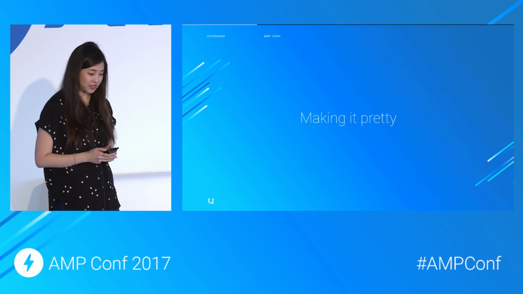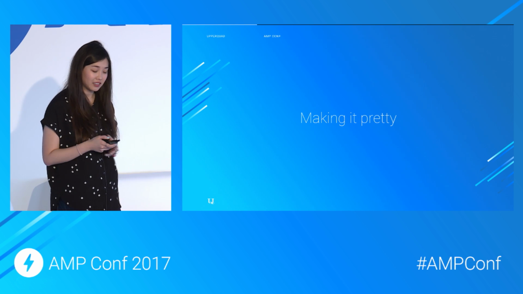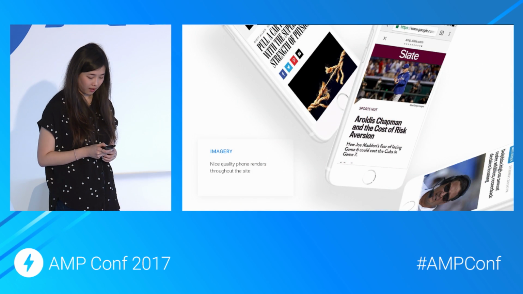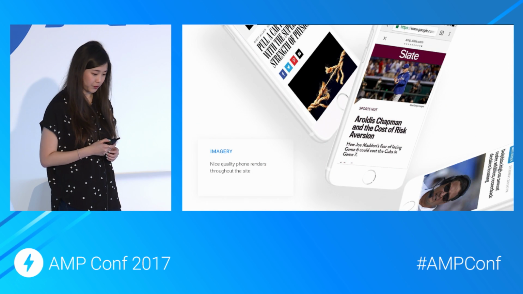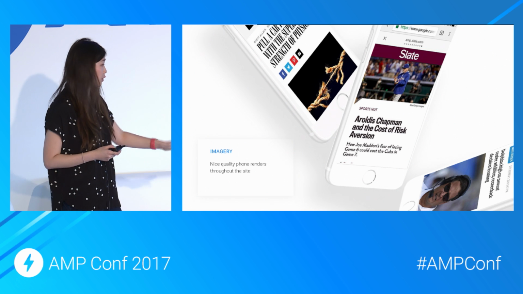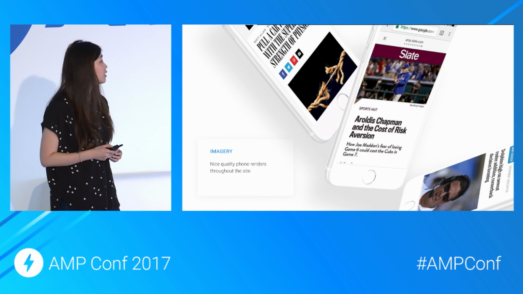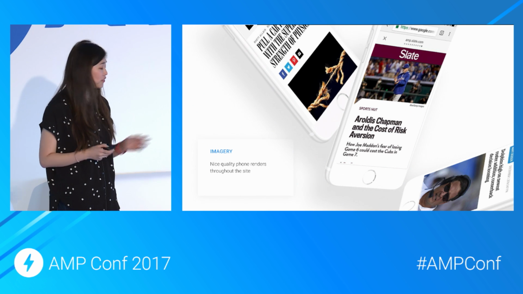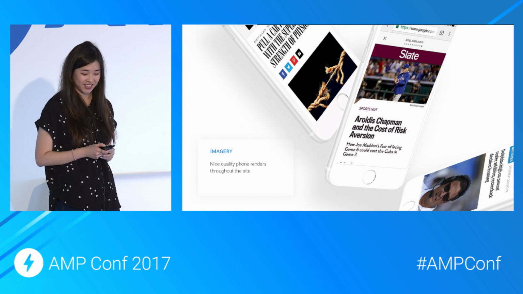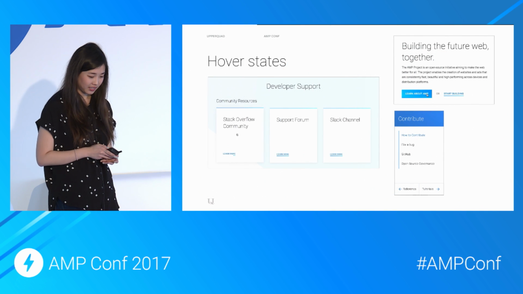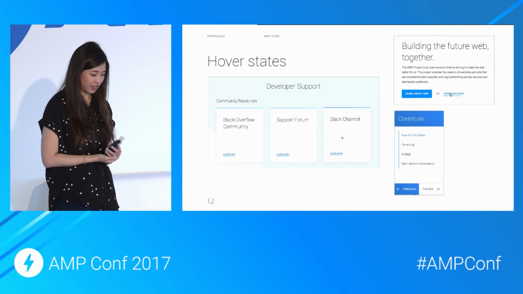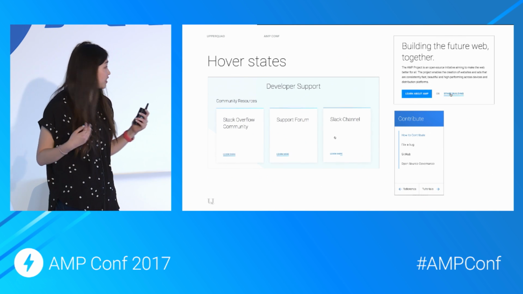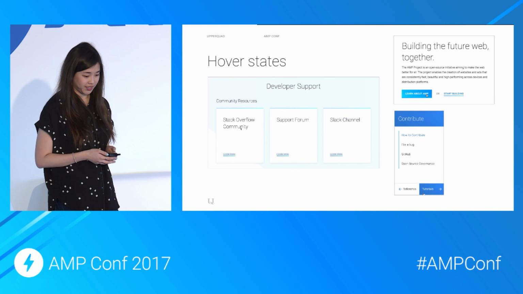And then a really easy way to make a site look good is just to add a lot of little visual polish things. One of the things we did was create these phone renders where we could throw on examples of all of the sites out there using AMP, and then we place them all throughout the page. And you really feel like AMP is really cool, like look at all the places that it's being used. We added a bunch of fun little hover states everywhere just to make it feel more interactive, more engaging, and we can do all of this with CSS.